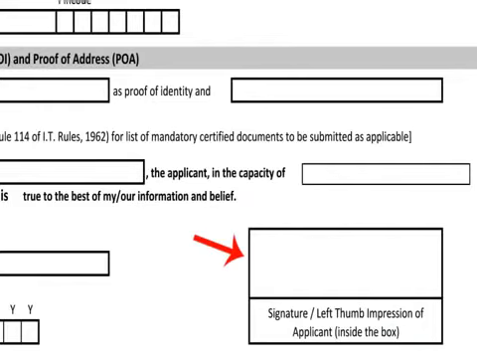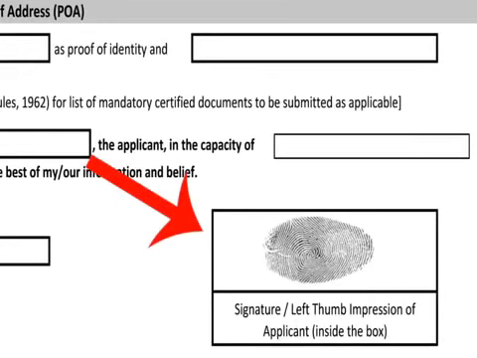The box at the end of the form asks for the applicant's signature or thumbprint. Representative assessee's signature or thumbprint should be given for minors, the deceased, lunatics and the mentally